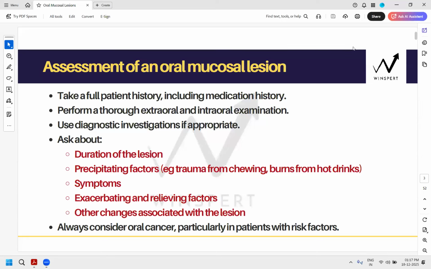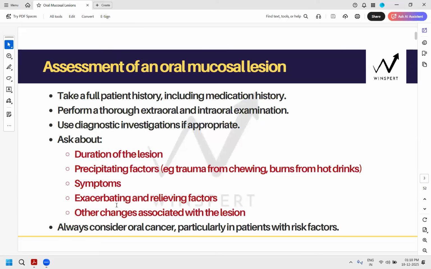So the most important questions are here in red. As you can see, these are 5 important information gathering questions. These are your examination concepts. Duration of the lesion, because duration of the lesion is associated with red flags. Is it or is it not? Any oral ulcer that has lasted for more than 2 weeks is a red flag.